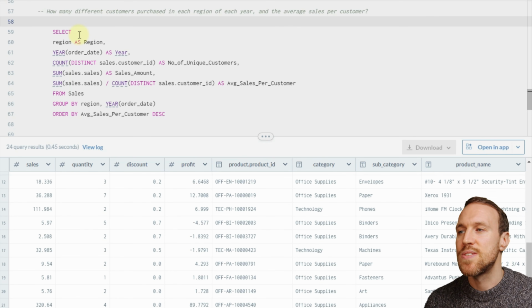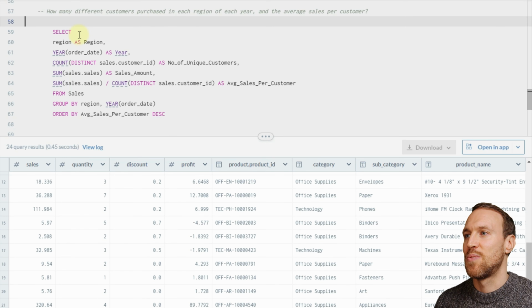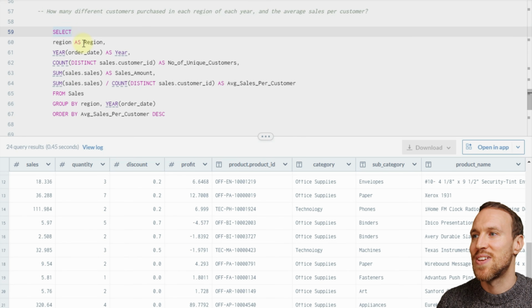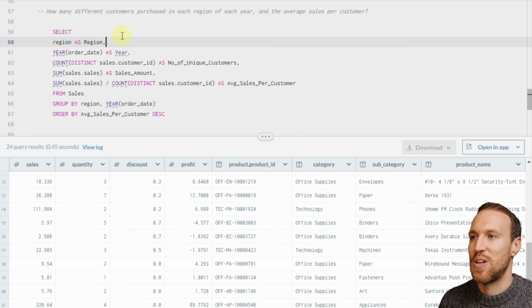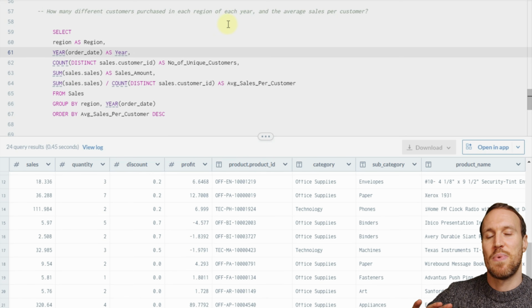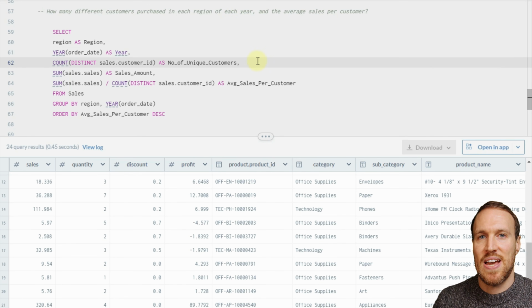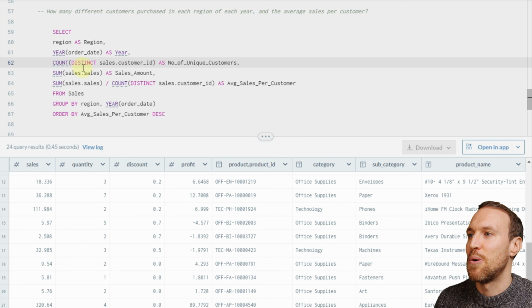So to do this, we need to do another group by, and we also need to create some additional columns with some calculations in them. And we start with select as always, and then we start building out what the columns are going to be. So we're going to have region, because we know we're going to need that for the group by as well as the year of the order date, because we need to look at each year as well. We need to basically have all 4 years split with all 4 regions as well. And then we need to count how many unique customers there are. And we do that by going count distinct and then on the customer ID,